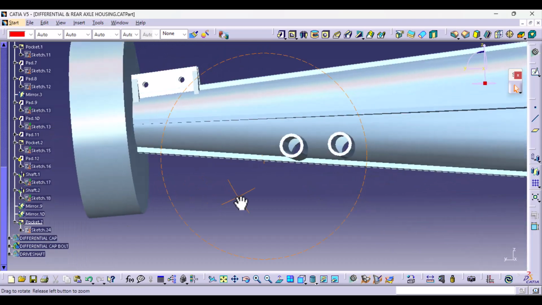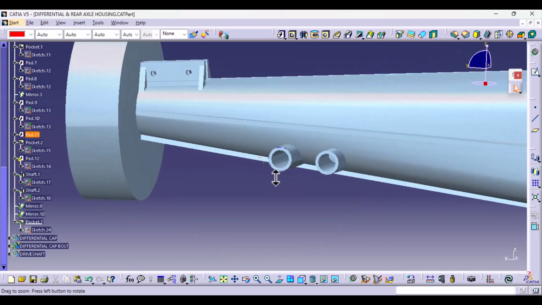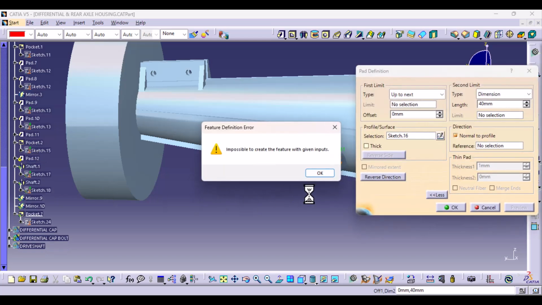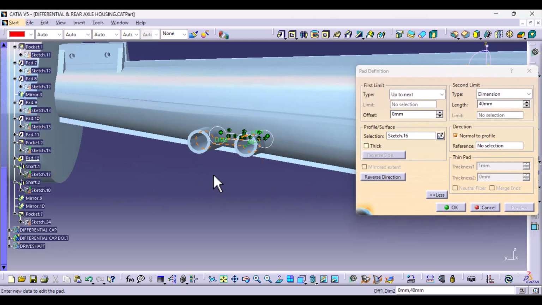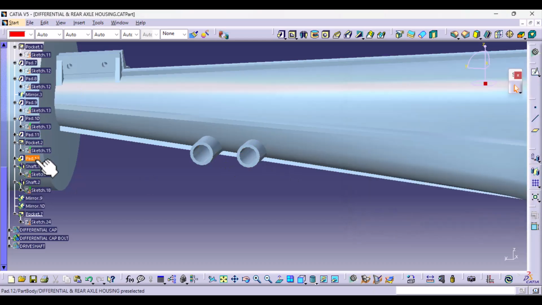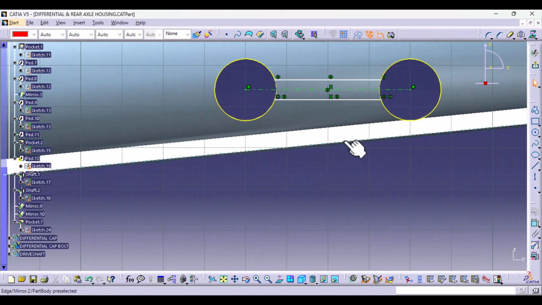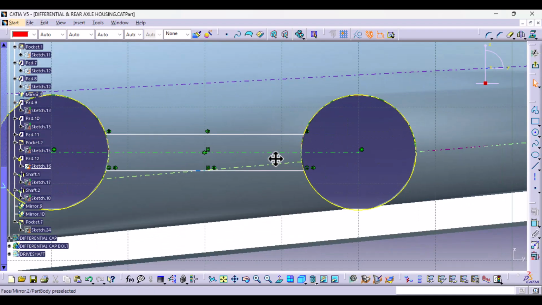So remember, the pocket was us cutting through this part right there. Okay. Then we've got pad 12. Oh, I see. Let's edit pad 12 sketch 16. Not sure what happened here, but